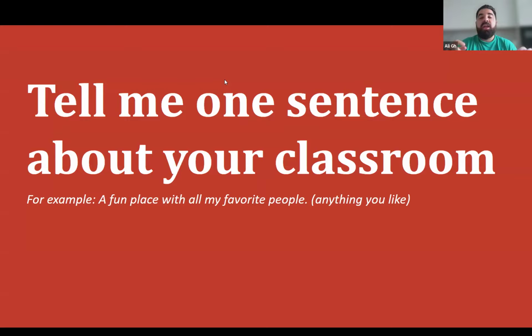Okay? All right. Just to recap, just to make sure everyone understands, the idea is to tell me one sentence about your classroom. If you are a spy, you should use those two secret words, both of them, in your sentence. If you're a civilian, you write down a sentence and you try to read everyone else's and find the spies who somehow said the words that were not really in the right place. Try to find the spies. And I'm giving you 30 seconds to think. All right? So let's do that. Starting now, 30 seconds.